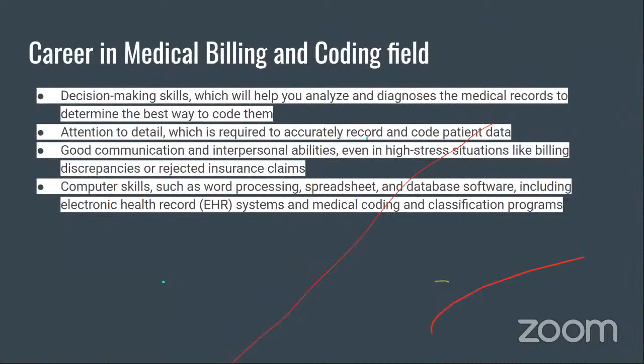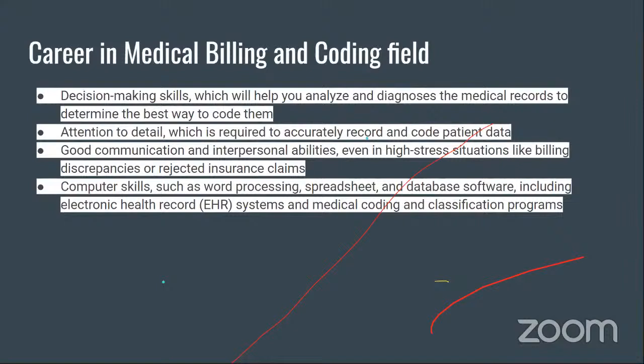Then I would like to go a step further here, and give you the following qualities that one needs to have in order to be successful in this field. So decision making skills, I feel this is important for any career field, but it is rather crucial in the medical coding field, because that will help you analyze and diagnose the medical records to determine the best ways to code them. You will need to have attention to detail, which is required to accurately record and code patients' data. Now, good communication